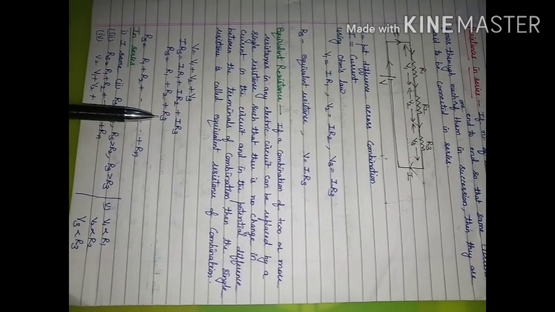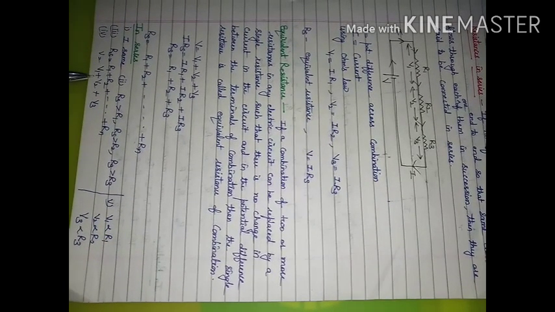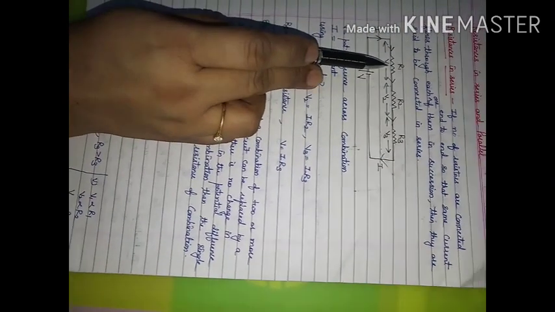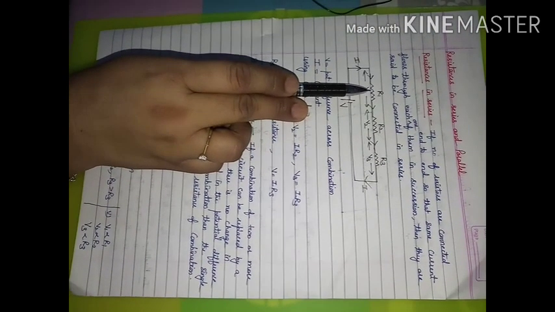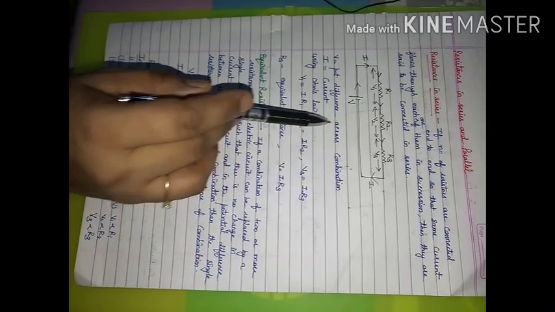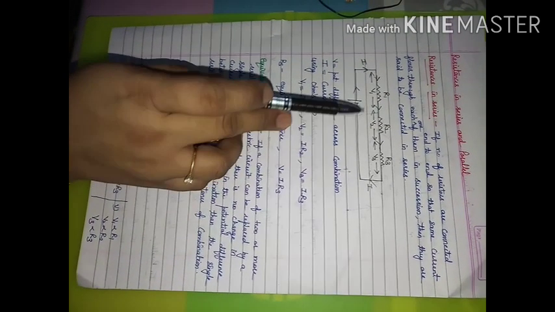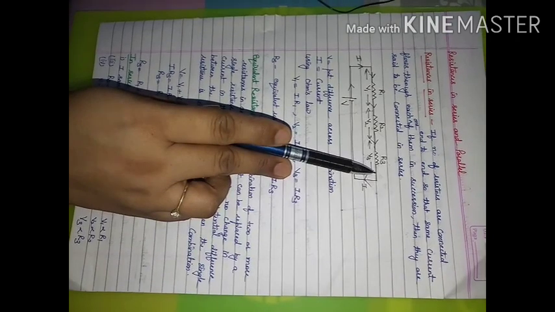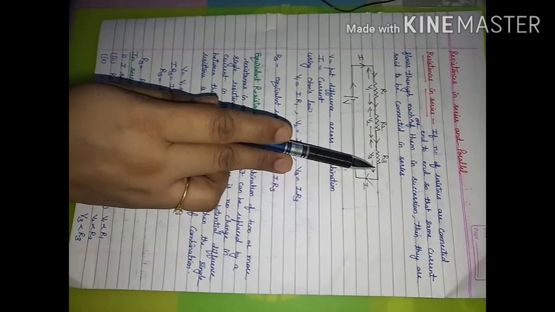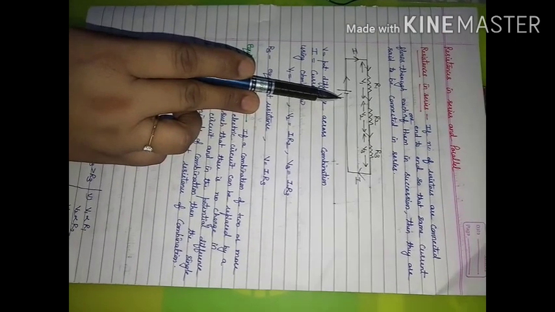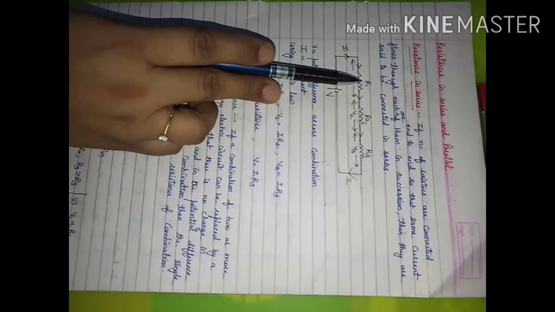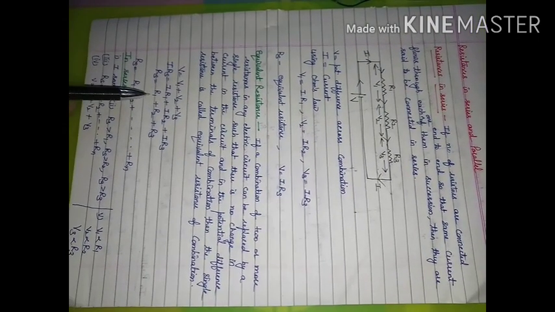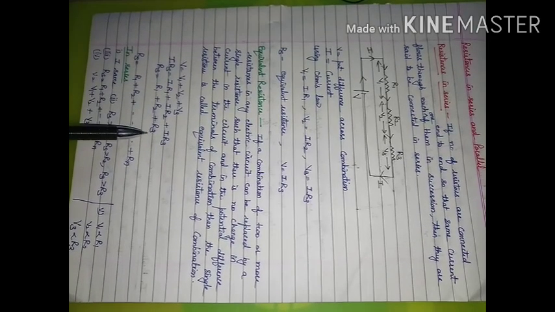Potential is going to divide in the case of series combination. So V is equal to V1 plus V2 plus V3. And the potential drop across each resistor will be directly proportional to the value of its resistance. So resistances are said to be connected in series if they are connected end to end and if there is only a single path for current to flow. Current flowing through each resistor will be the same. Potential is going to get divided across each resistor in accordance with R1, R2, R3 and net resistance comes out to be the addition of the individual resistances that we have taken.